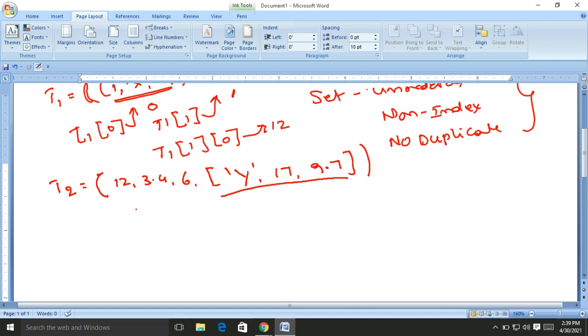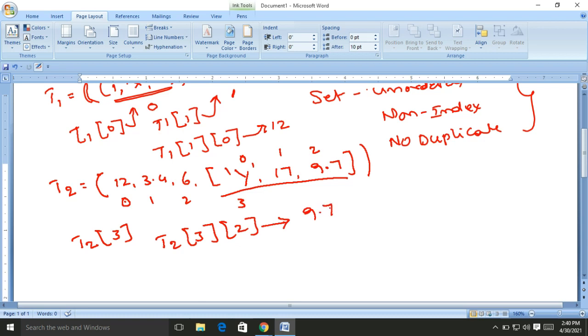The list is at index 0, 1, 2, 3. That means the list is the third element within the tuple. To access the list, we write T2 of 3. To access the internal elements of the list, we write T2 of 3 of 2. Again within the list, this is the 0, 1, 2, second object. It will point to 9.7.